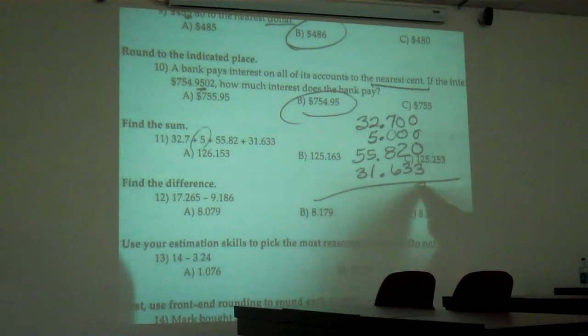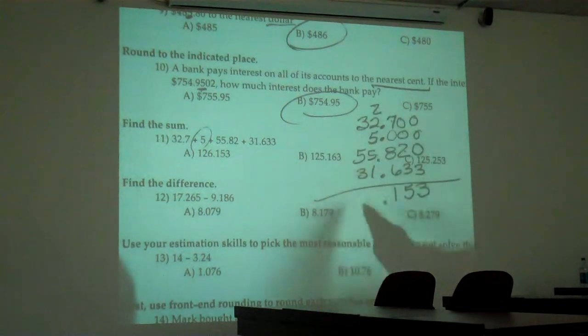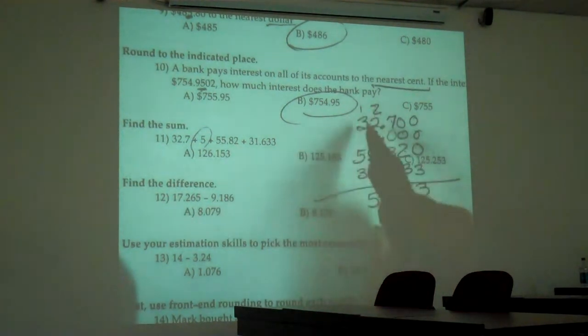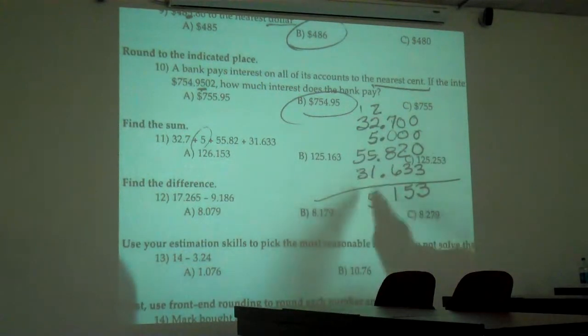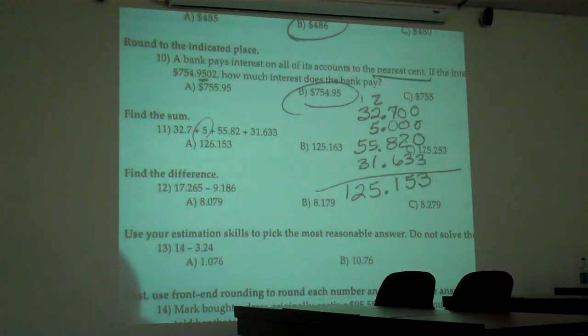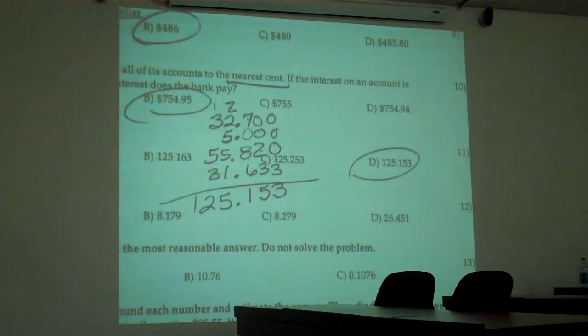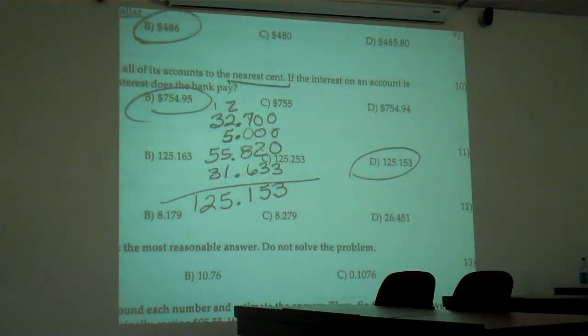So 3 at the end. 3 and 2 is 5. 15 and 6 is 21. 10, 15. Did you get 125.153? That would be D. 125.153. The answers are on the back too,